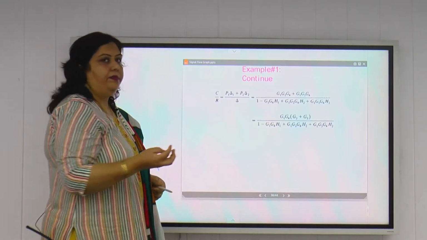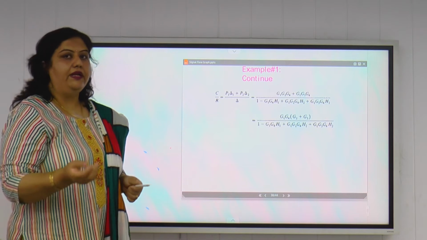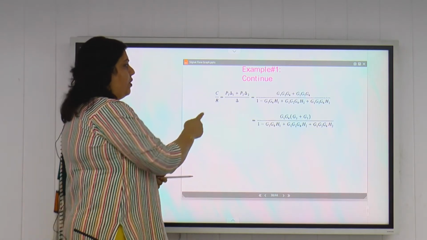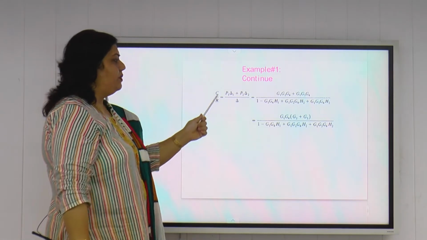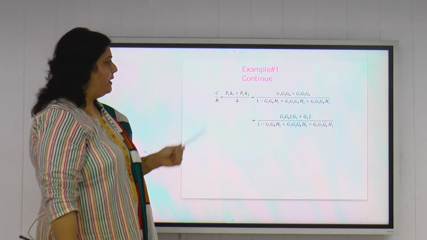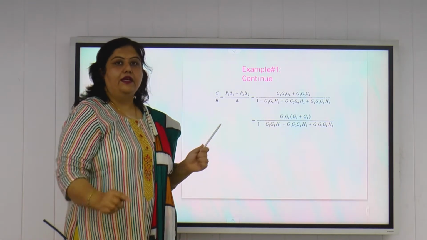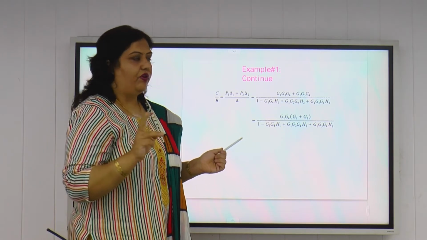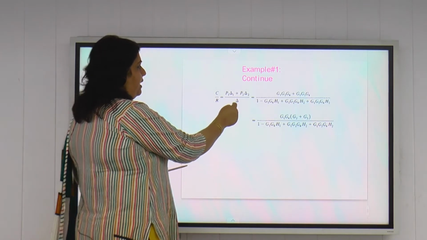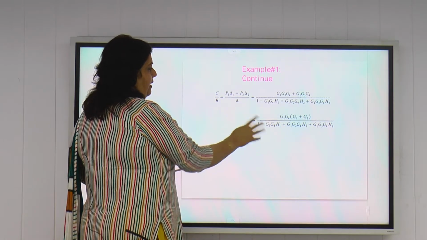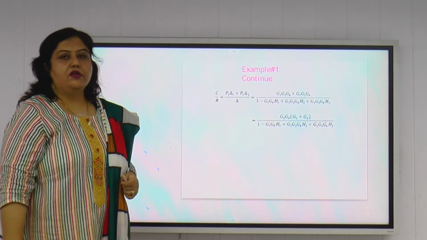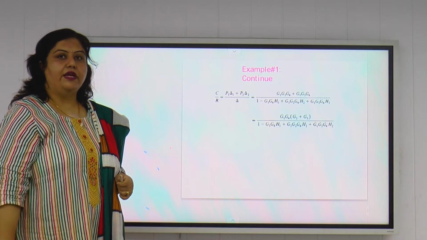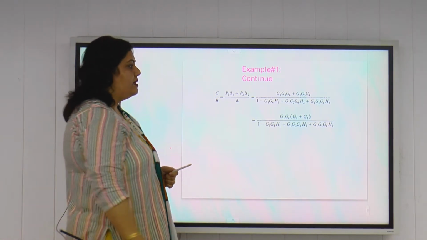So we have found P1, delta 1, delta 2, P2 and delta. Now we put them in the formula of the transfer function. C by R is equal to P1 delta 1 plus P2 delta 2, divided by delta, because small n in this case was 2, as we had only 2 forward paths. We put in the values and we get this transfer function. So this is how we can find transfer functions using Mason's gain formula applied on the signal flow graph.